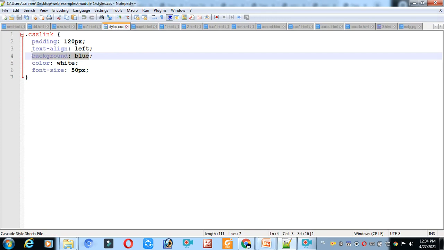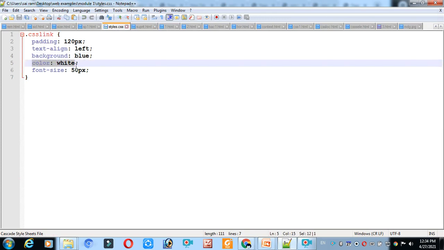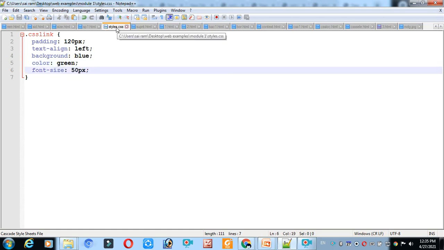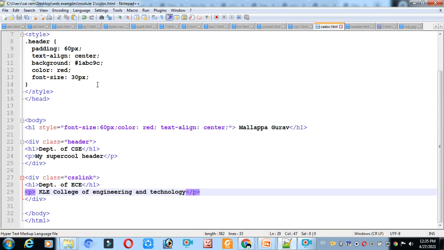Blue color for the background, white color for the characters. If you change it to green, we change the color. Where did you change it? In styles.css, apart from this HTML element.